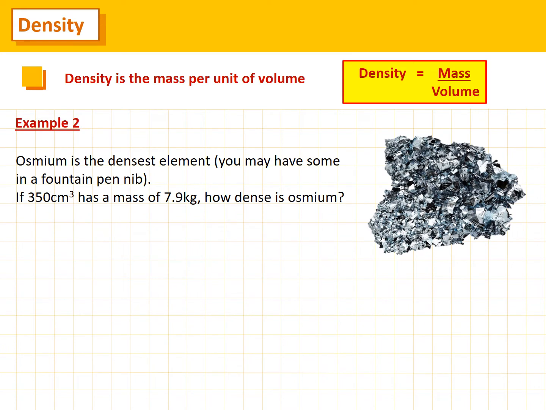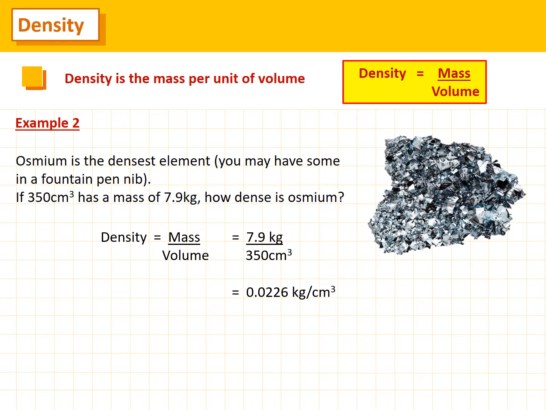Osmium is the densest element, and you may have some in a fountain pen nib. A volume of 350 cubic centimetres has a mass of 7.9 kilograms. So how dense is osmium? Density is mass divided by volume. So that's 7.9 kilograms divided by 350 cubic centimetres, and that's